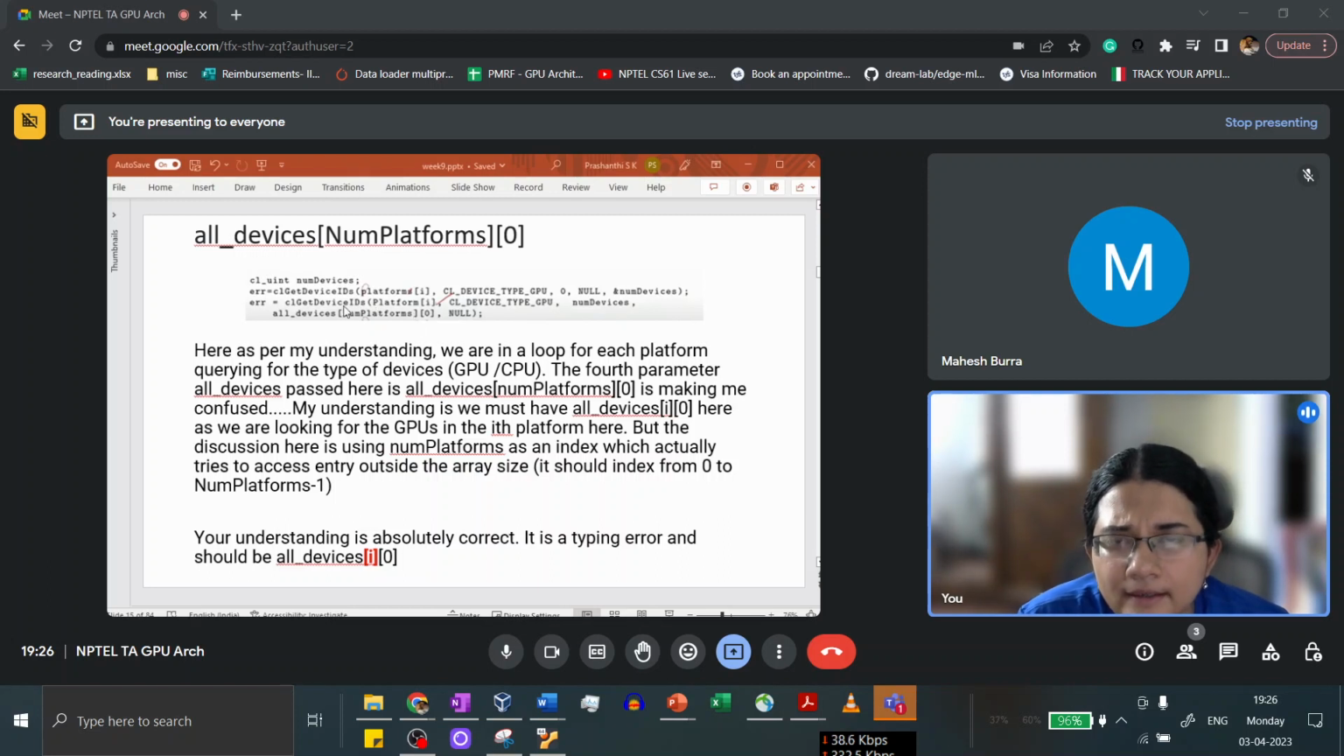So this is about what was discussed in class, and here the person says, as per my understanding, we are in a loop for each platform, querying for the type of devices. The fourth parameter, all devices passed here, is all devices num platform 0, and this is making me confused. My understanding is that we must have all devices of I, I0, as we are looking for the GPUs in the ith platform. But the discussion uses num platforms as an index, which actually tries to access entry outside the array size, because the array index ranges from 0 to num platforms -1. So the answer was